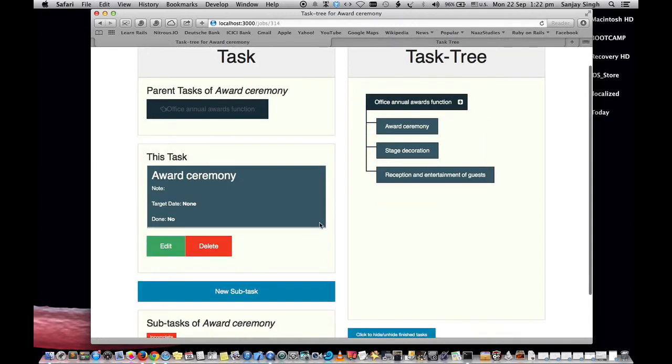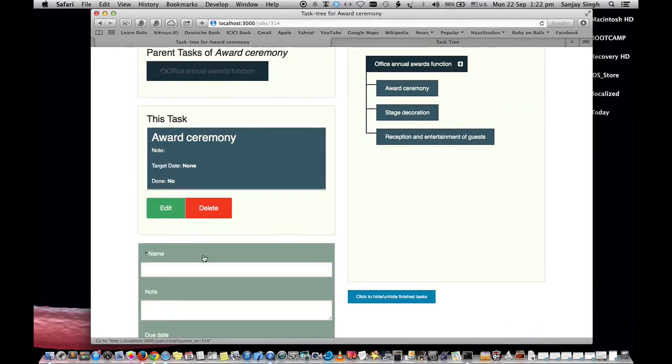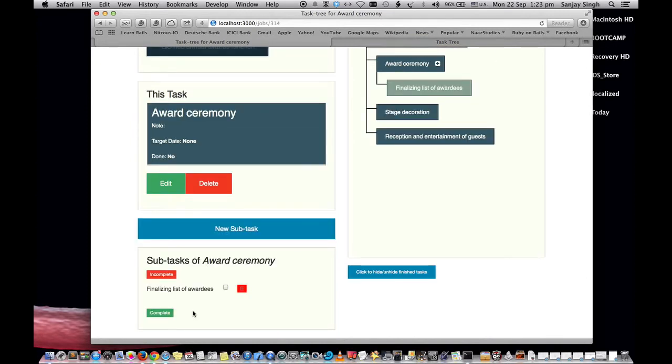Award ceremony itself will have some subtasks, which could be finalizing the list of awardees, rehearsals would need to be carried out.